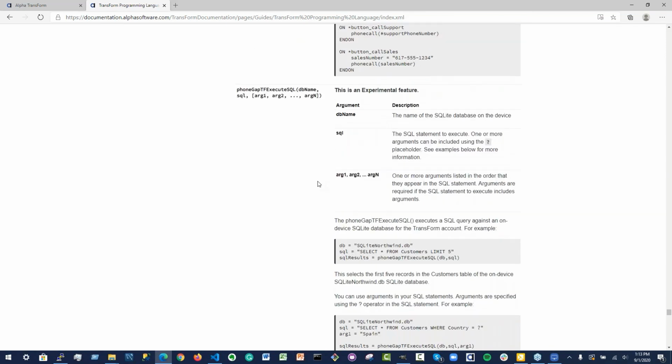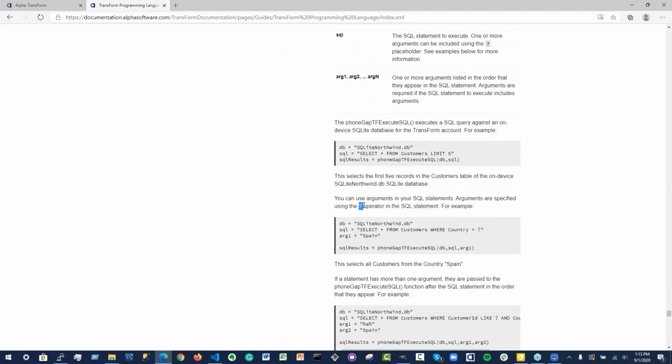A little bit more about the function. It requires the name of the SQLite database that you've added to your account that's on the device and the SQL statement that you want to execute. That SQL statement can include one or more arguments, and that is done by using the question mark operator to specify an argument. So an argument would be something like where country equals question mark, and the question mark is the country name,